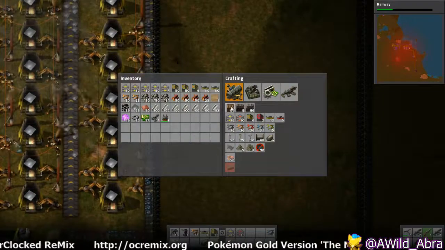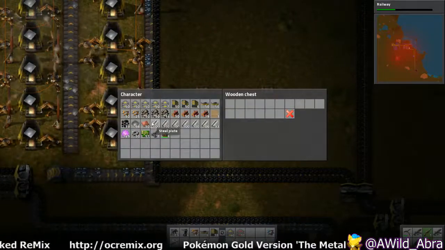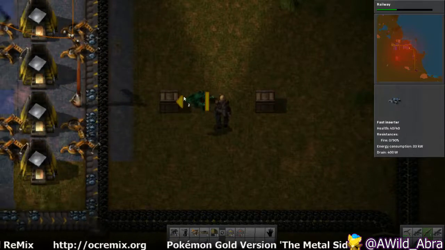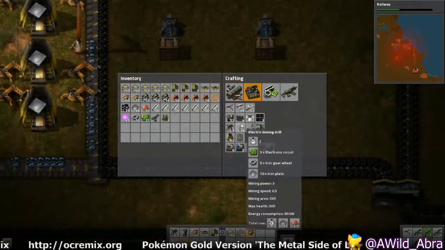Alright. While we're making some engines, what I'm going to do is start smelting down some stone, because we're going to definitely need some smelted stone. What I'm going to need to do now is...